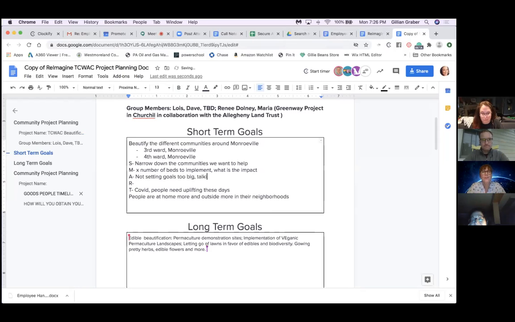It's got to be a shared goal. Get buy-in, yeah. And Lois has already proven that it's achievable because she was able to do it with very little funds. So there are proven outcomes.